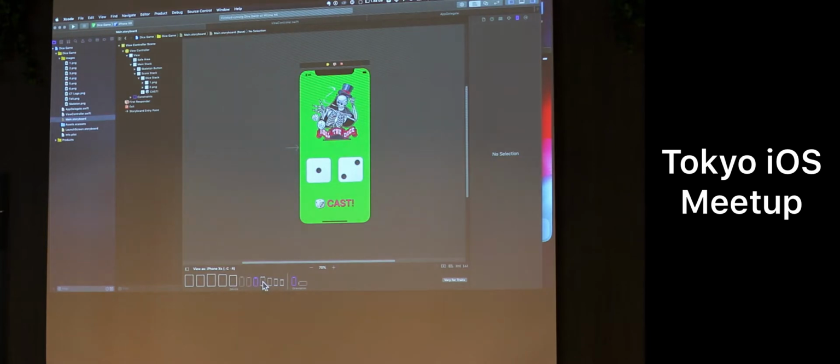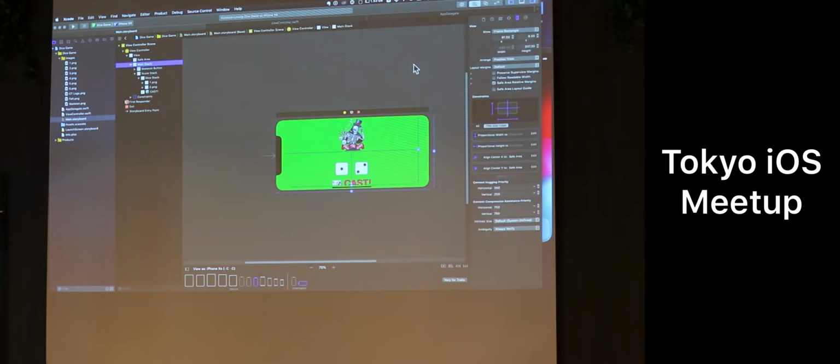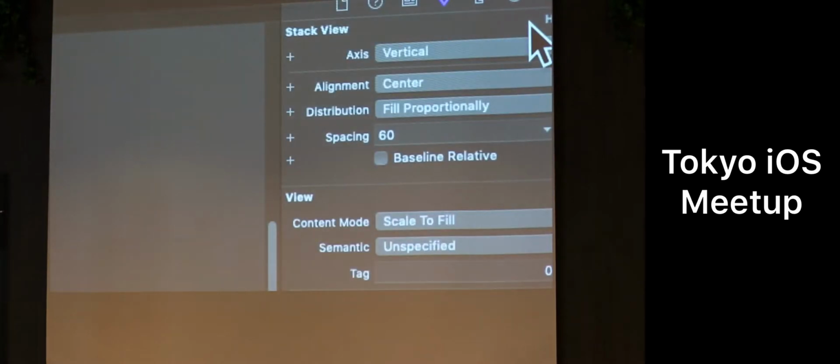There's one last thing we need to do here, because if I decide to rotate my device, this doesn't look good. So I need to add one more condition and then tell auto layout that in case I rotate this device, I need the main stack to have a different distribution. This is called size classes, okay? So my main stack has here an axis that was originally detected by Xcode as vertical,